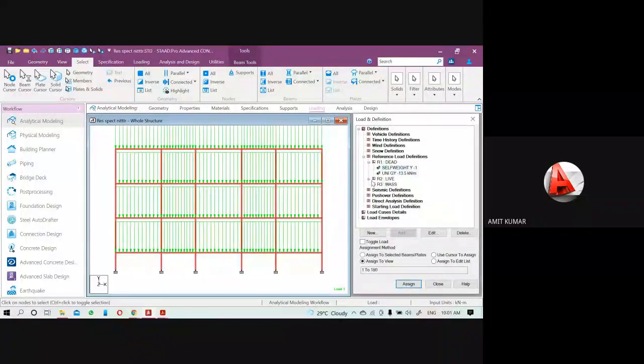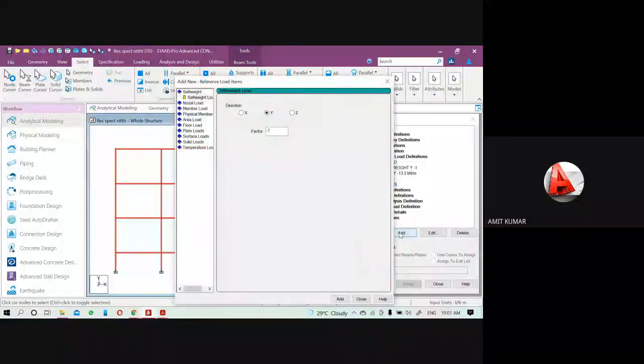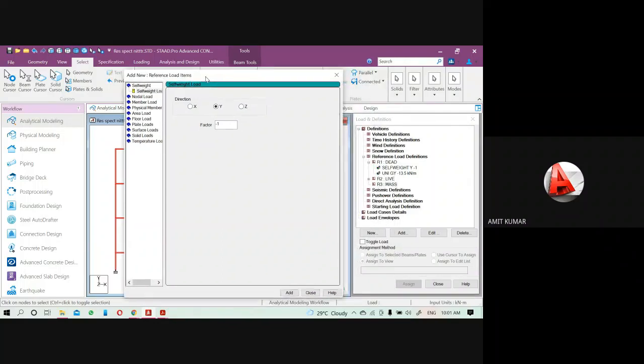Now come to the mass. So for this mass load, here I have to calculate the mass. That means we have to put the positive value only here. Okay. So first thing, the mass of the structure will act along all three directions. So this mass load will be considered as seismic also. That's why I put this value according to the seismic load cases. That means direction X, then direction Y, and direction Z here.